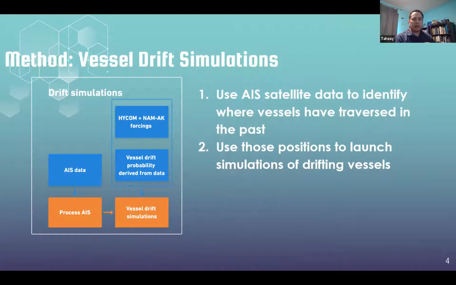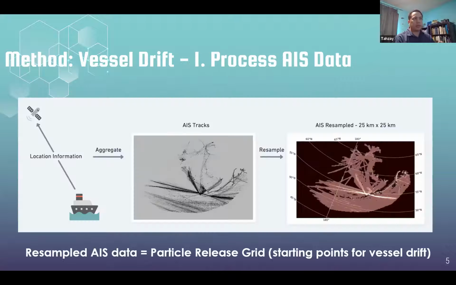And rather than trying to go in and say, let's take an individual piece, the AIS data is so granular that you really don't want to try and use every single location that a vessel was at any point in time, but rather you want to resample from the AIS information. And so if we kind of look at this graphic, we can say, let's take the information, find those tracks, and then let's resample that into a 25 by 25 kilometer grid, which will give us a reasonable